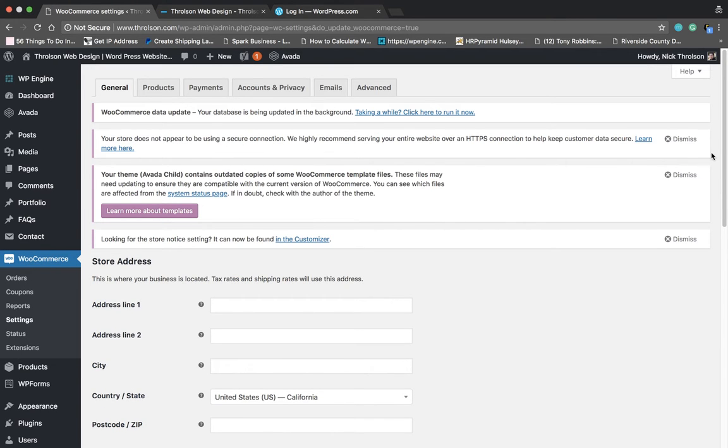Alright, so it'll tell you if you're using a theme that has some outdated template files. They make it really easy to update this. I will do this in a little bit. They're just saying about HTTPS connection, a secure connection, because you're going to be selling stuff, so make sure that you have an encrypted connection. Right now I'm going to just dismiss,